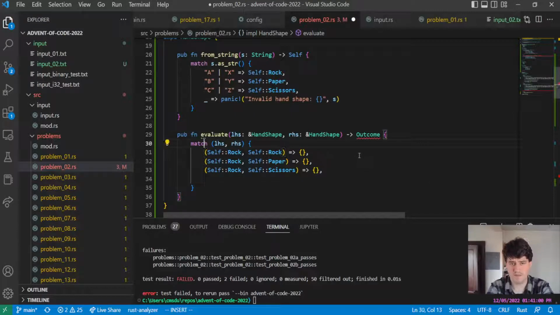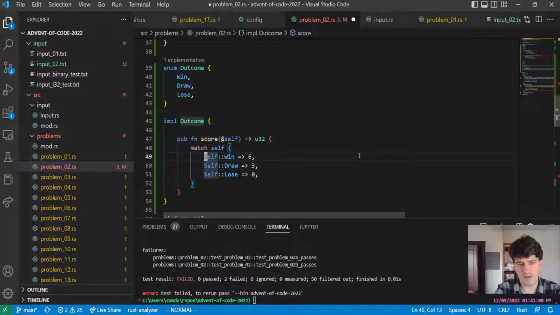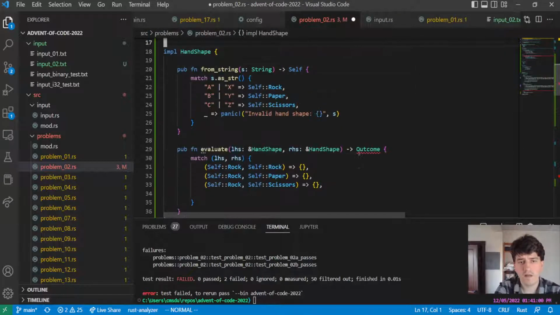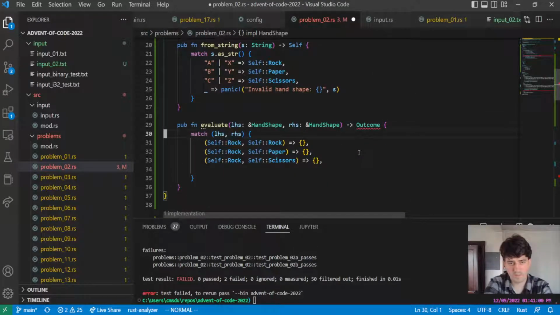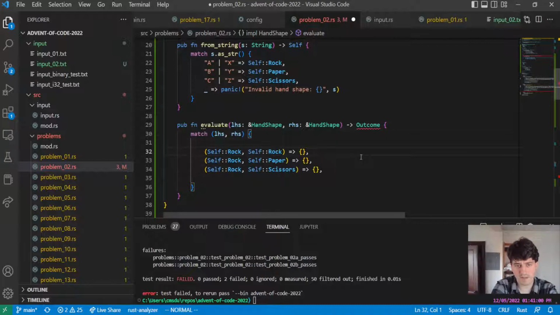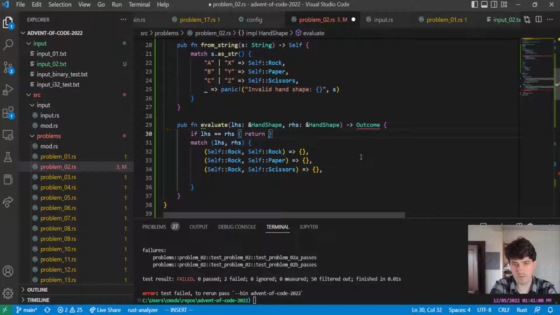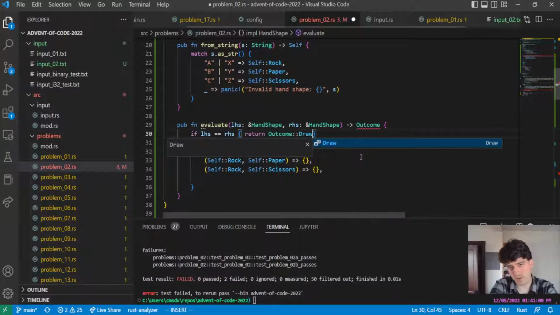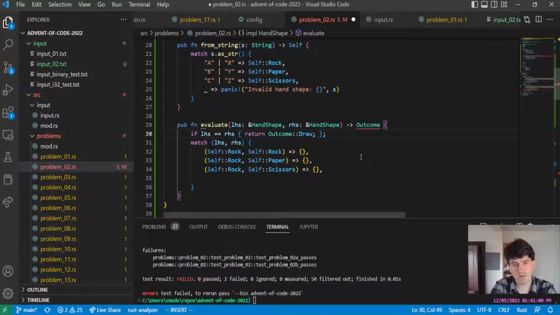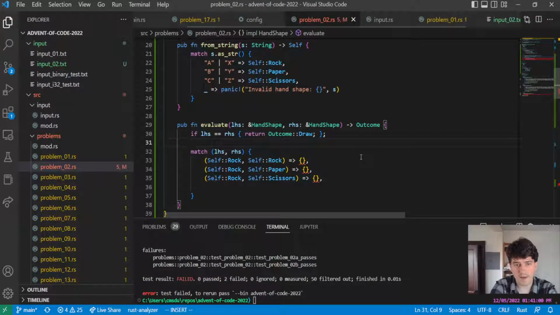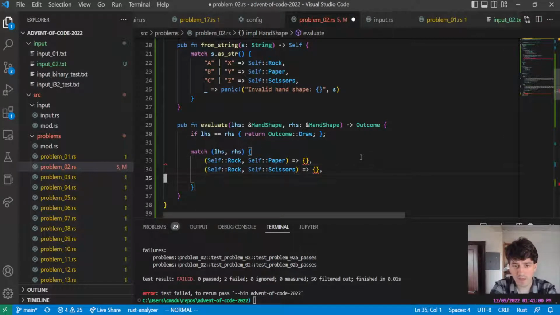Maybe the easier thing to do actually is to say, what did I just do there? Just for conciseness, if LHS equals RHS, return Outcome::Draw. And then we can get rid of this case,